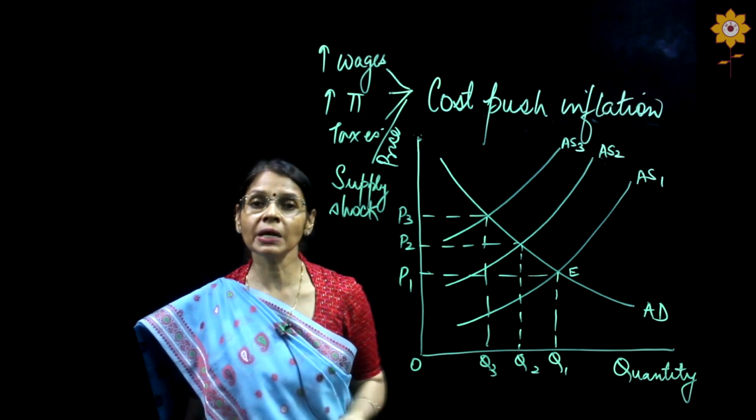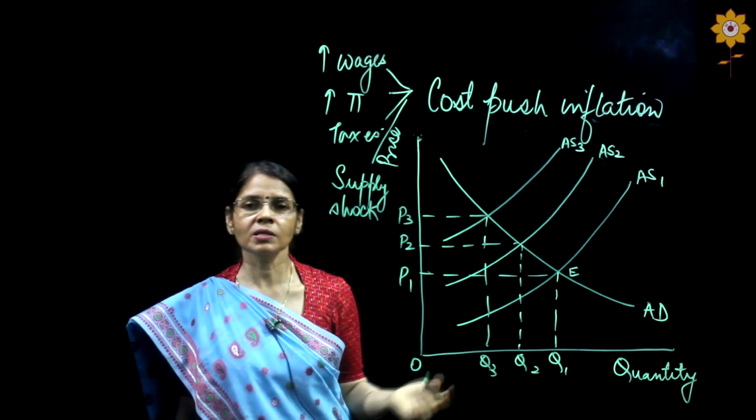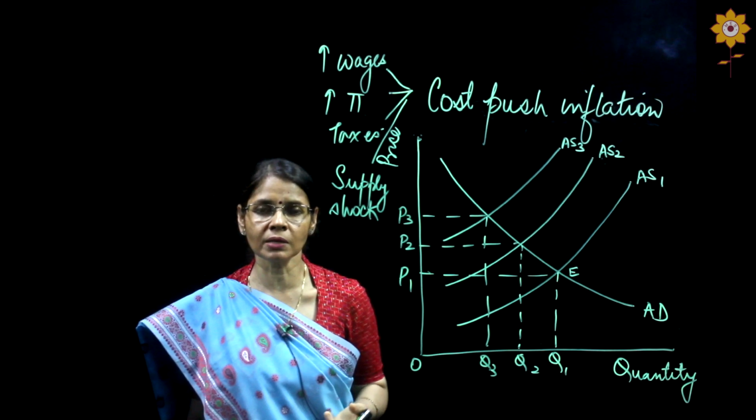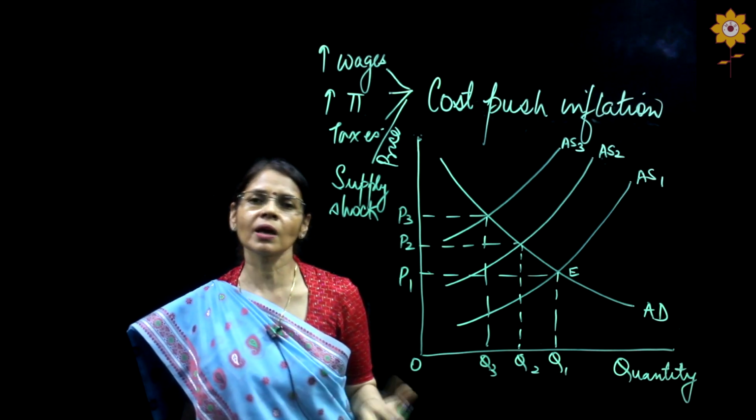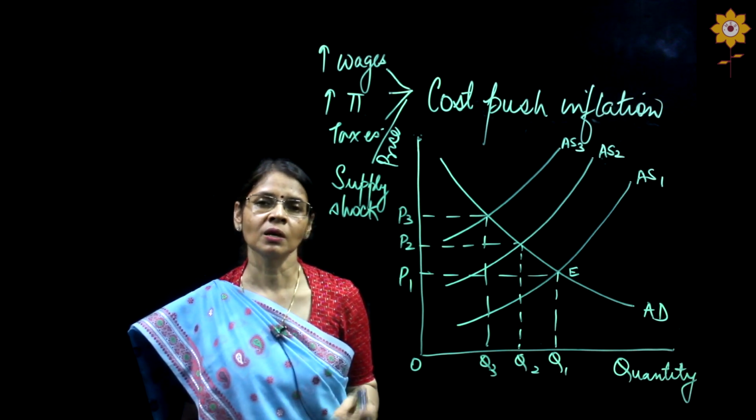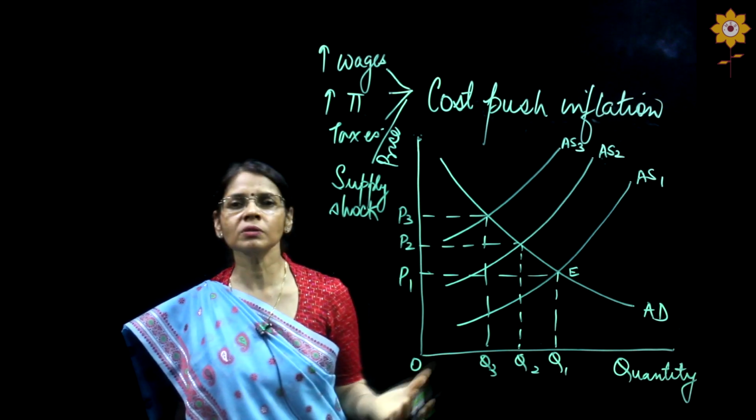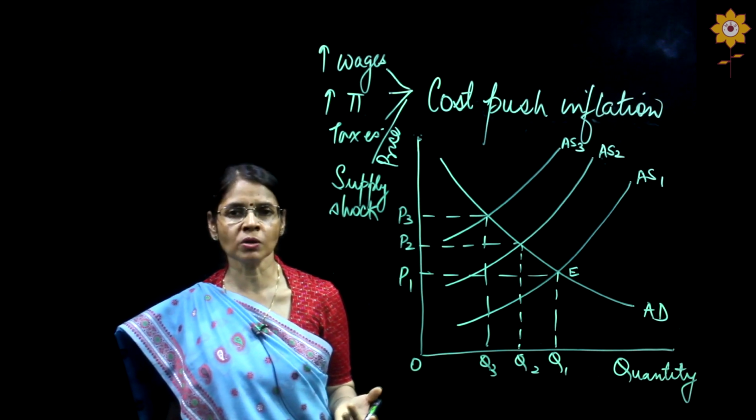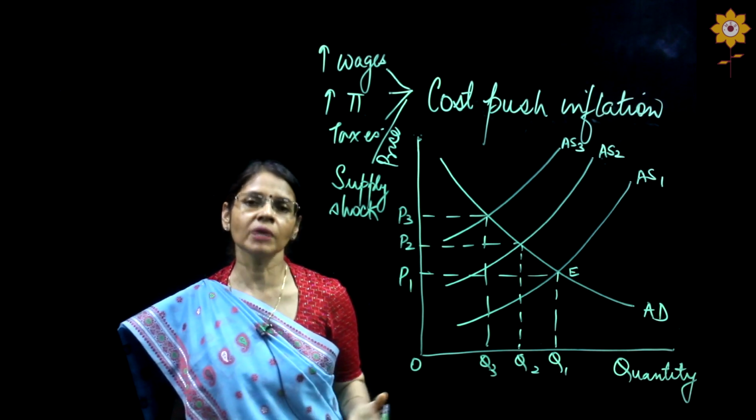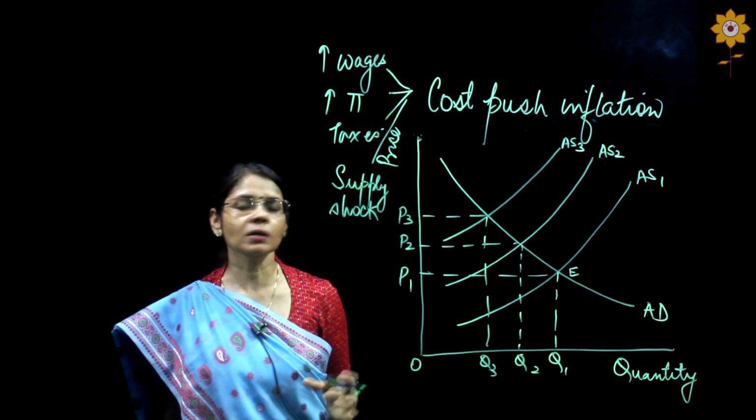Or there is some international conditions. For example, recently the wars which has happened in the recent past, because of that there has been supply chain disruptions in international market, and therefore there has been a lot of supply shocks which has increased the cost of production in various industries. So, this part is called as